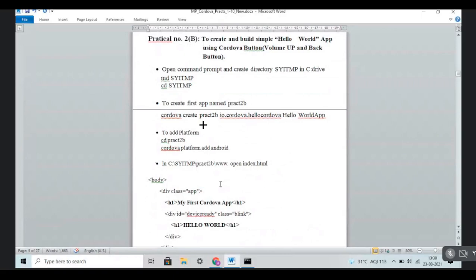These are the advantages and disadvantages. Again, I am telling you to note down this site for your reference. Please note it down.